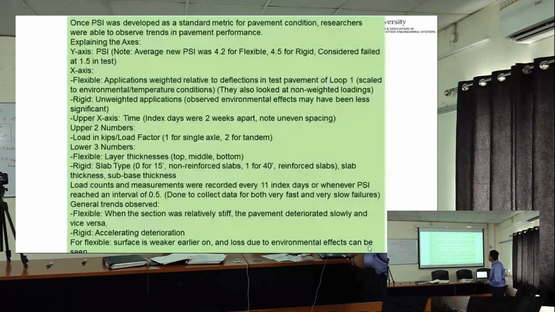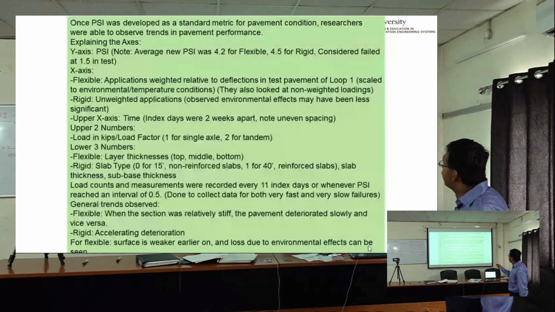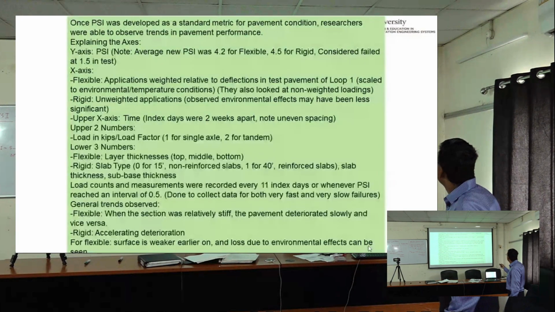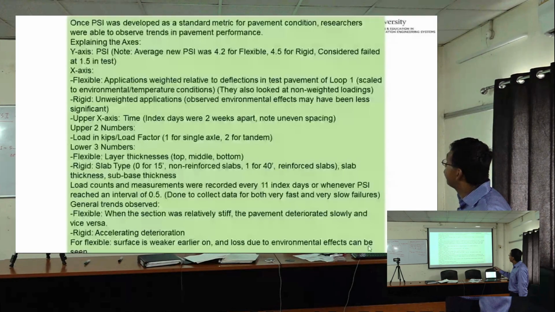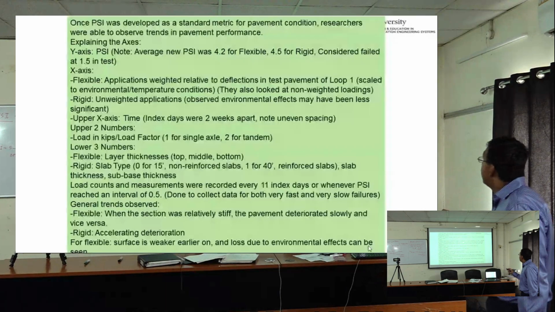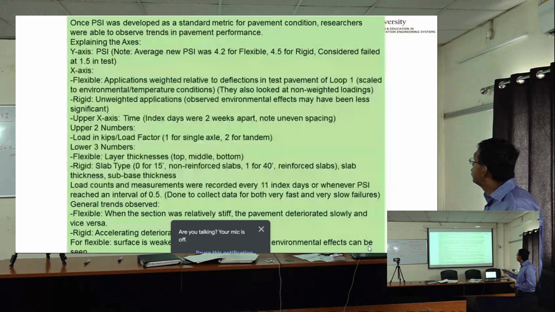Right here it is explained. Once PSI was developed, average new PSI for flexible was 4.2, and 4.5 for rigid. Considered fail at 1.5. That's what they found in the test. So, flexible pavements: application weight related to deflections in test pavements. Rigid looked at